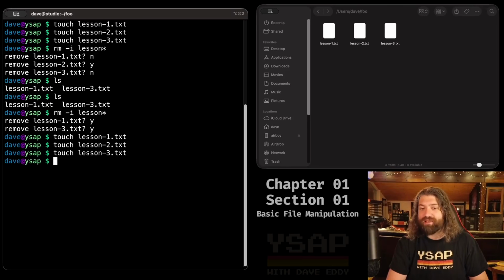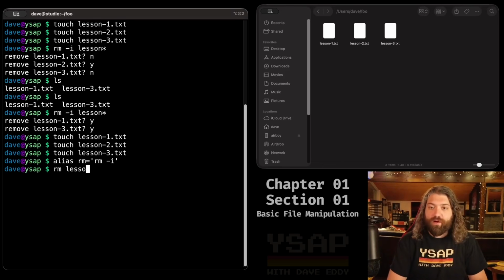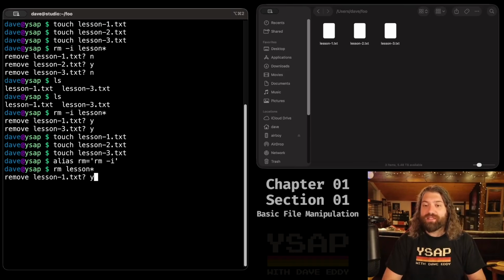I can't make it the default of rm. I can't change that program, but I can alias it. Now, I will talk more about this in future chapters, but we can alias rm equals rm -i. Go ahead and look at the syntax, kind of study what's going on here. When I run this, now when I run the rm command, the -i will be there implicitly. So we run rm lesson star, and look, it prompts me to actually do it because it is using the